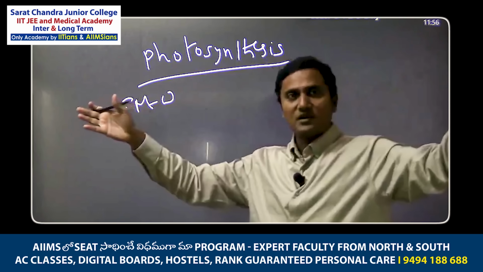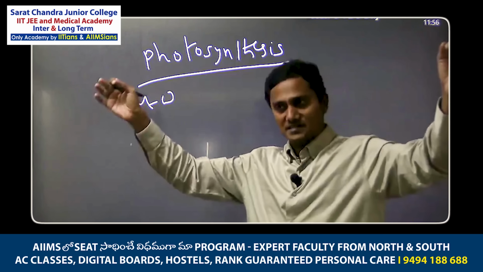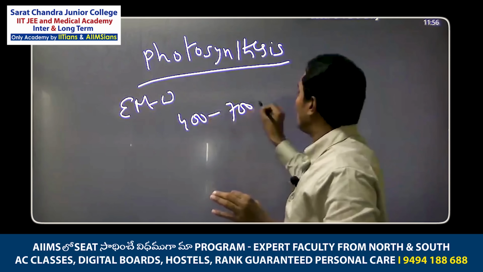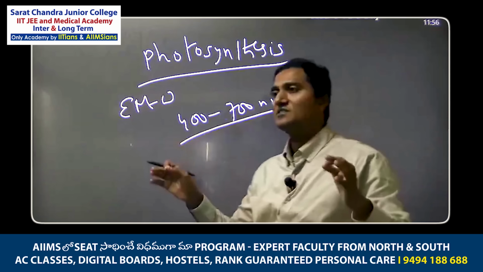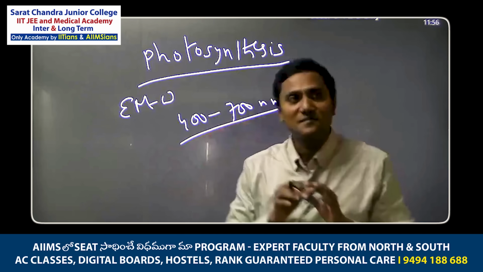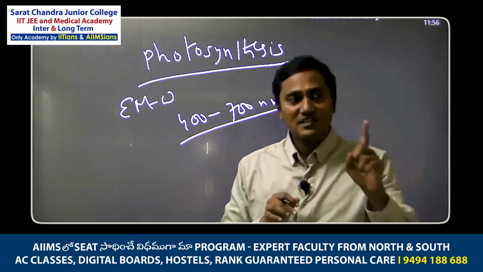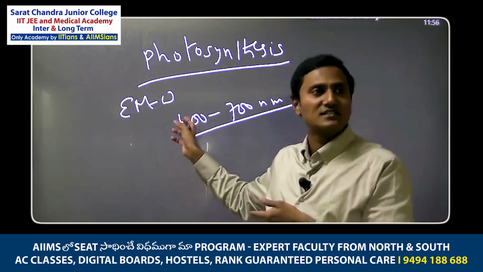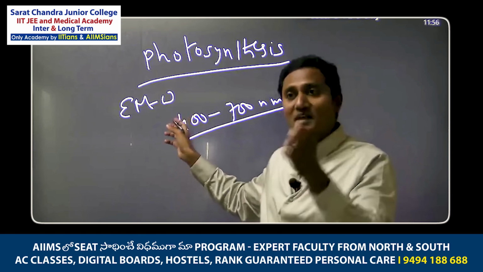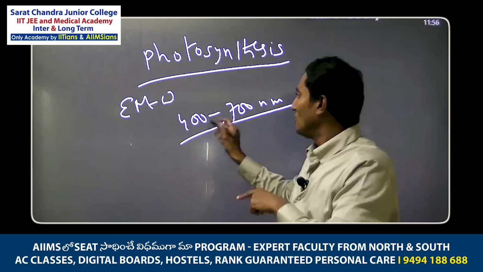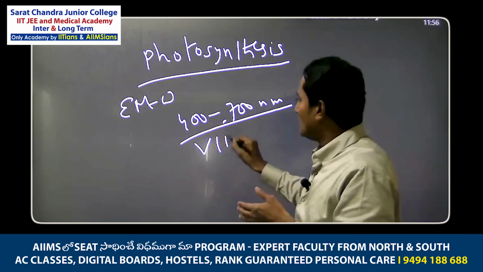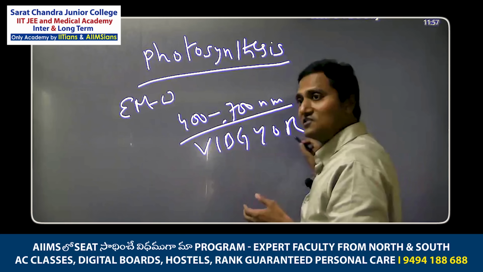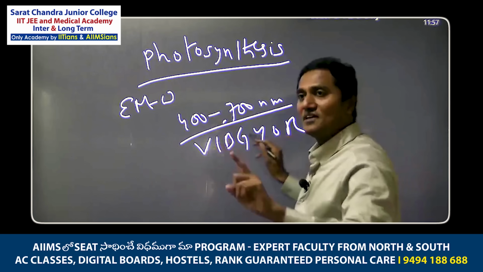Out of the electromagnetic waves released by the sun, 400 nanometer to 700 nanometer is called the visible spectrum, which you can see. Now, generally, photosynthesis is done with visible light only, not with X-rays and gamma rays. They cannot do photosynthesis. Within the visible rays also, what is visible light? Violet, indigo, blue, green, yellow, orange, everything there. No, everything is not photosynthetically active.